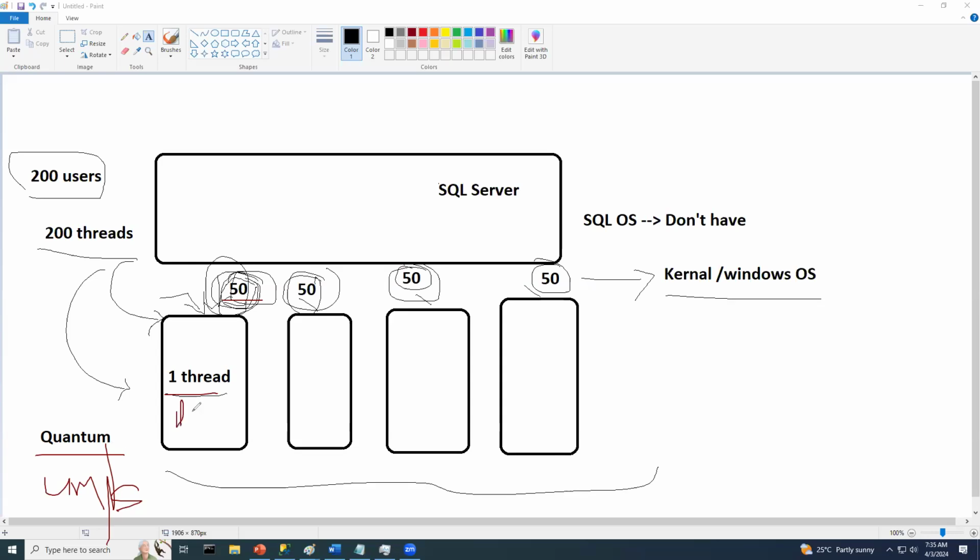As soon as this 4 milliseconds is completed, the thread will come out of the CPU. And remember, this 4 millisecond quantum is at the kernel level, the OS level. It has nothing to do with the SQL we will talk about. And if you don't have a SQL operating system, and let's say,